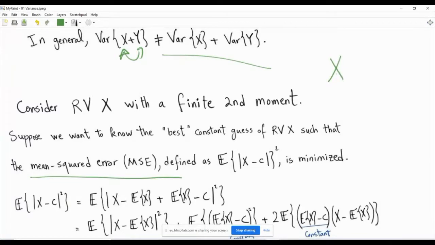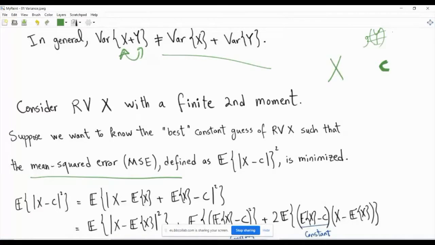So you will guess x by a constant now. Again, this may not be what we do in practice. In practice, we guess using another random variable y, and our estimator will be a function of y, but we don't need to worry about this right now. Now, again, it's a simplified problem in which our guess is just a constant c.